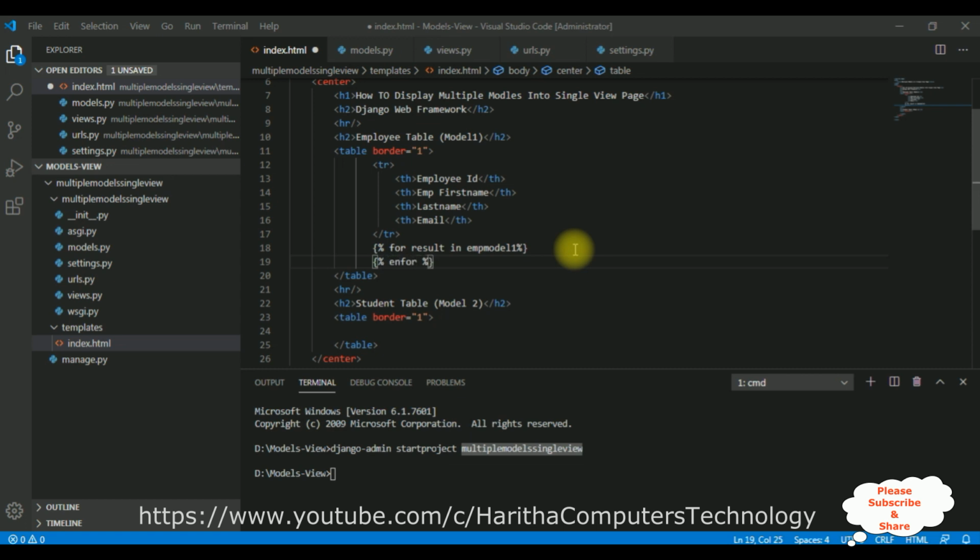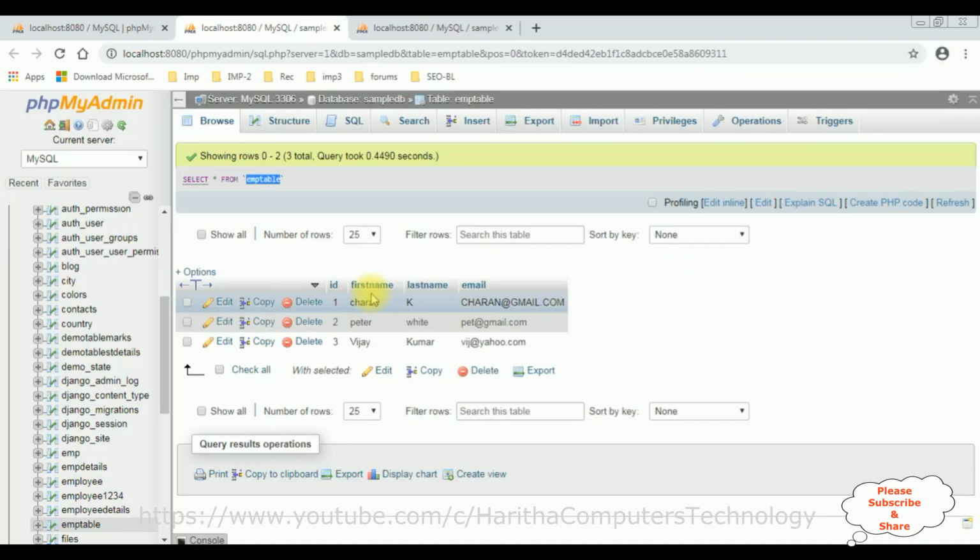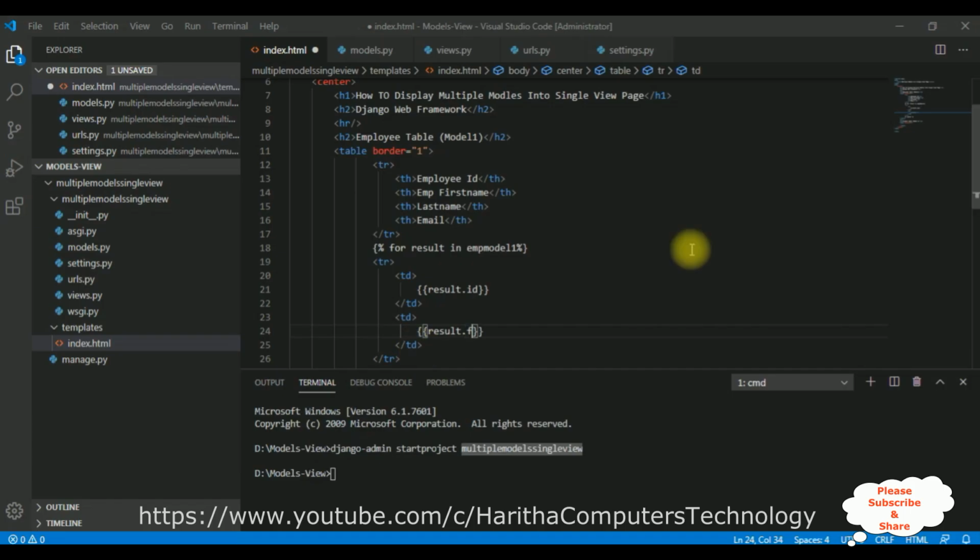For tr, the table data, td, the table data is double curly brackets, result dot id, next td, double curly brackets, result dot, the column name is first name. Let's add that one, first name,